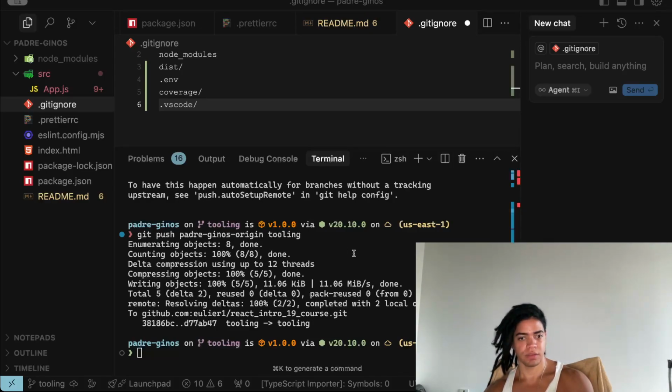And the only substantial difference here is that ESLint version 9